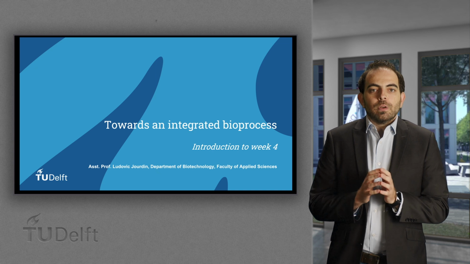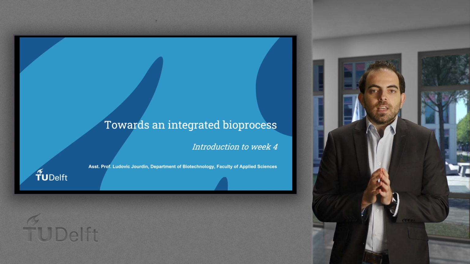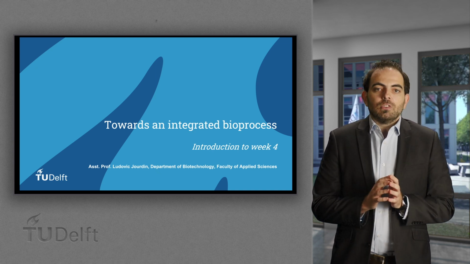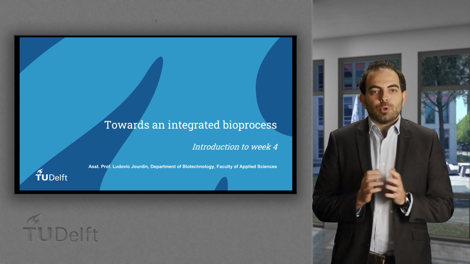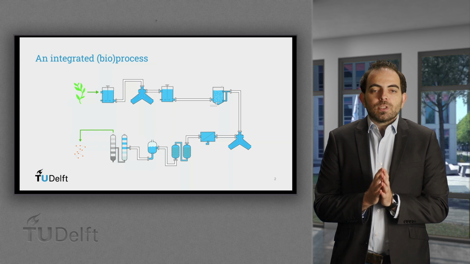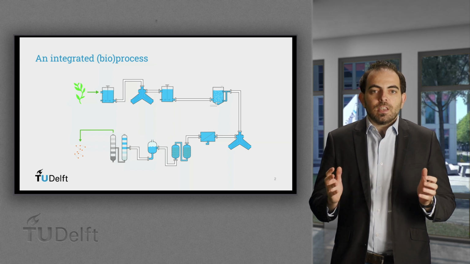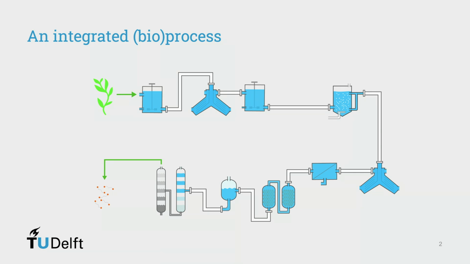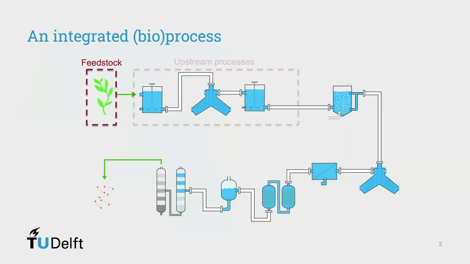In week 4, we are mainly going to talk about feedstock for biotechnological processes. In this lecture, we will first talk about how to translate the information from previous weeks into an integrated biotechnological process. As we have seen before, a biotechnological process is composed of different stages, each of which contains specific unit operations. From the choice of feedstock to the upstream processing of that feedstock, which includes all conditions and actions that are necessary to prepare it for the next step and conversion.